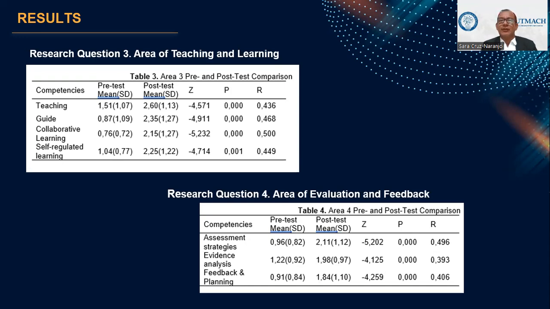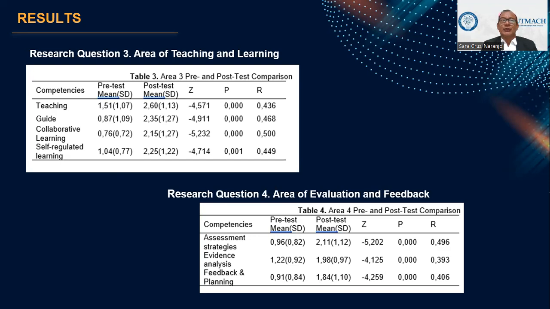At the B1 level, there was an increase from 7 teachers, which means 13%, to 12, which means 22%. At the B2 level, there was also an increase from 1 teacher, which is 2%, to 5 teachers, which is 9%. At the C1 level, there was an increase from 0% to 15 teachers, which means 27%. At the C2 level, there was also an increase from 0% to 1, which means 2%. In Table 3, we can see that the average results of the post-test are higher than those of the pre-test in all the competencies analyzed in the area of digital competence.